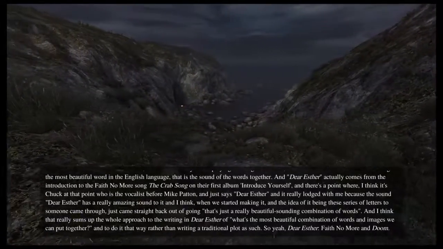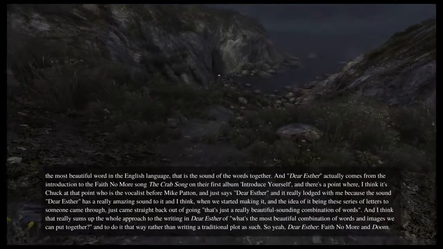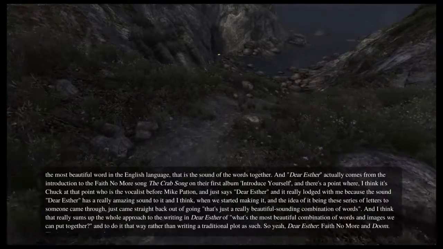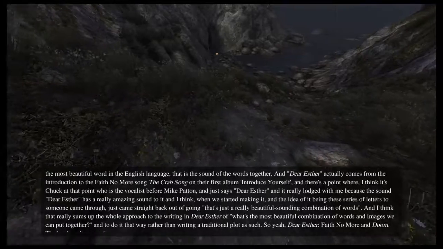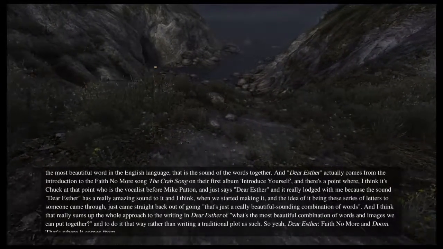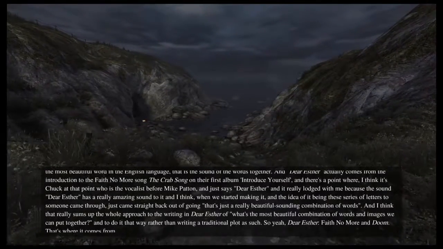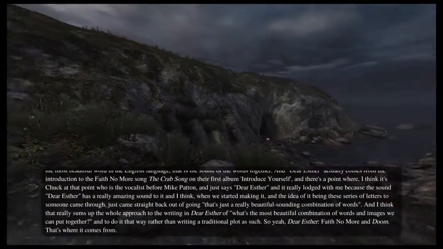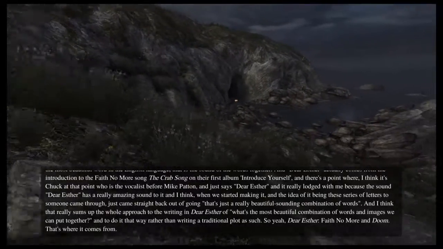When we started making it, and the idea of it being a series of letters to someone came through, it just came straight back out of going, that's a really beautiful sounding combination of words. I think that sums up the whole approach to the writing in Dear Esther: what's the most beautiful combination of words and images we can put together, and to do it that way rather than writing a traditional plot as such. So yeah, Dear Esther, Faith No More and Doom, that's where it comes from.